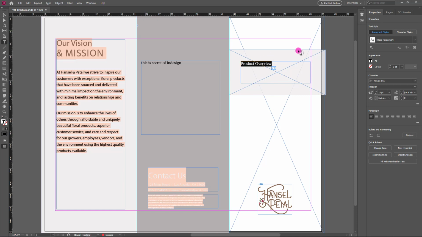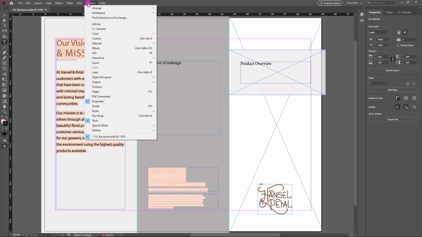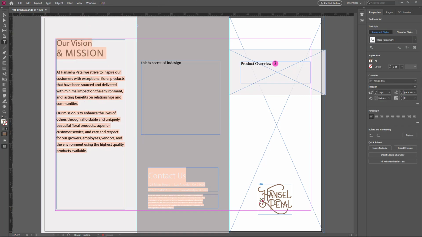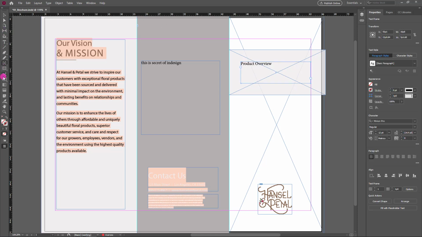On your right side, you can get the Properties panel. If you cannot see this, go to the Window menu and select Properties. The Properties panel changes depending on your selection. If you select text, you get some options, or if you select some other tools, you get different options.